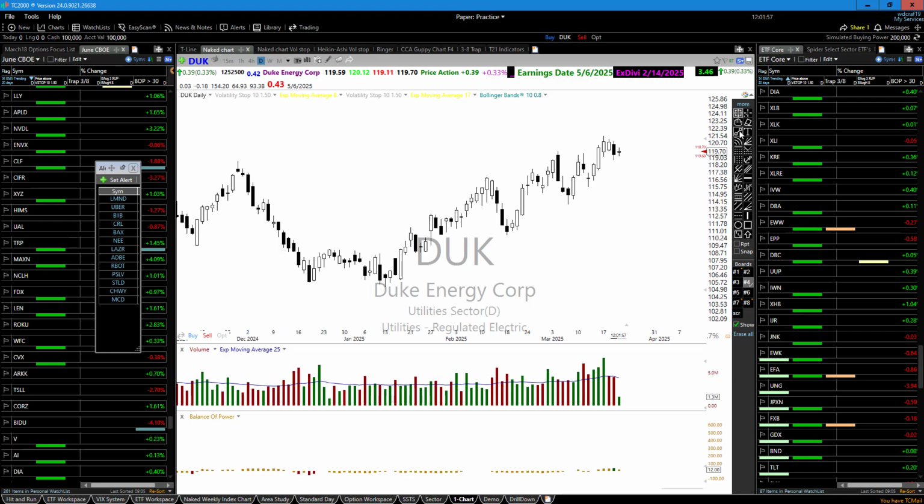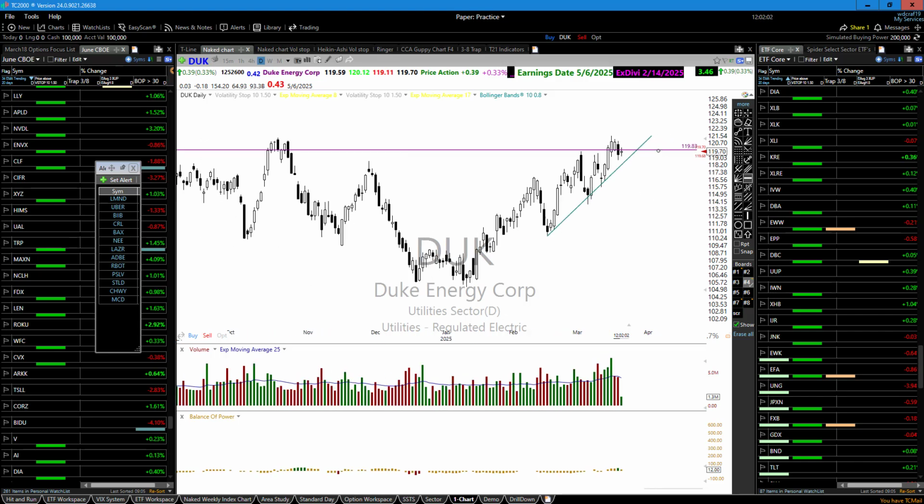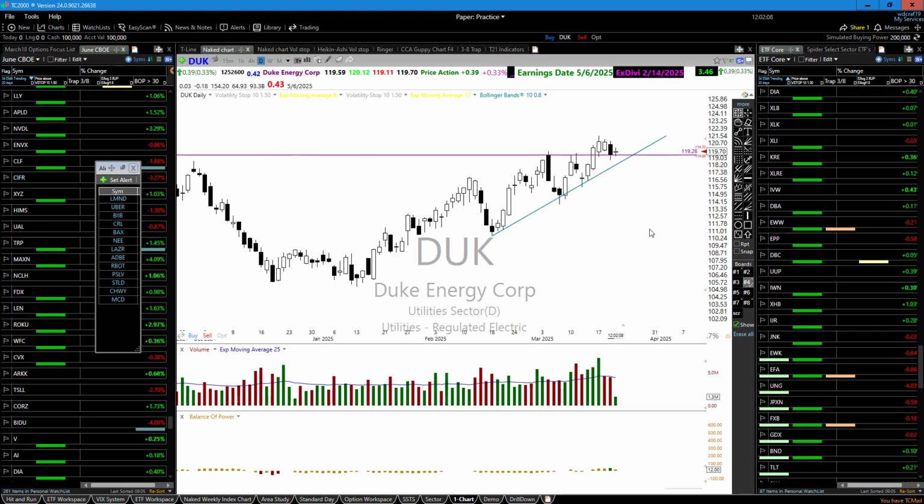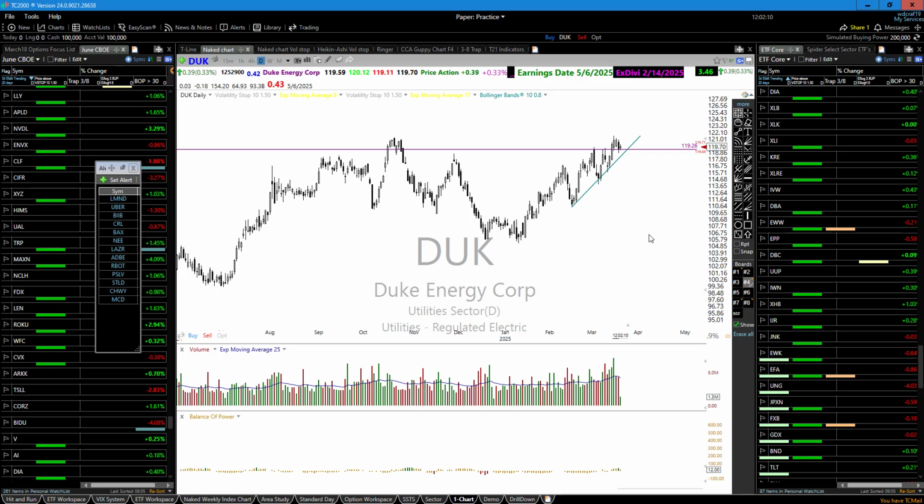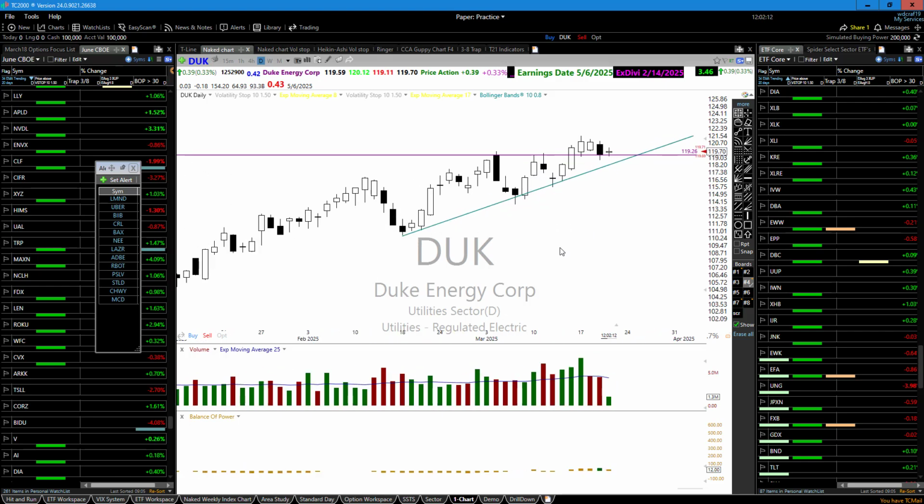I like the setup in here. Obviously, we've got an upside trend. There's our support level in here, and we're really close to that support in the chart. So let's start off here by looking at Duke and see if we can put together something